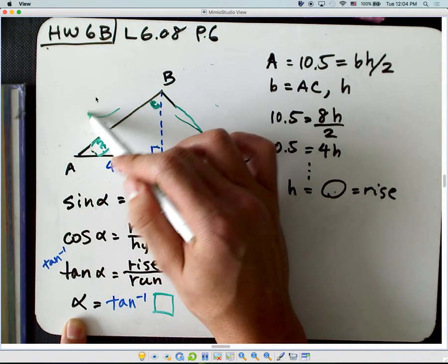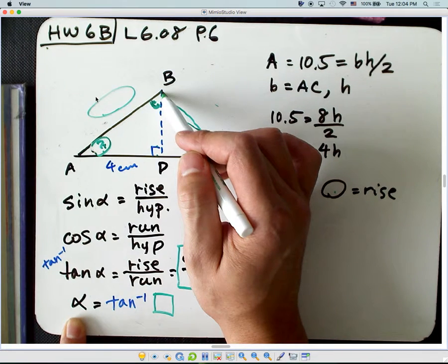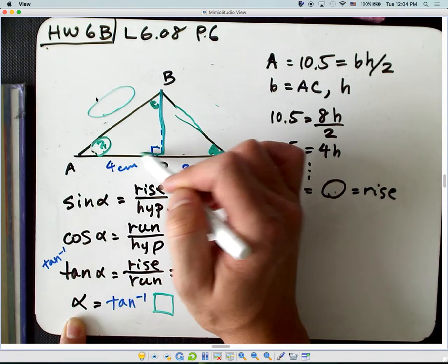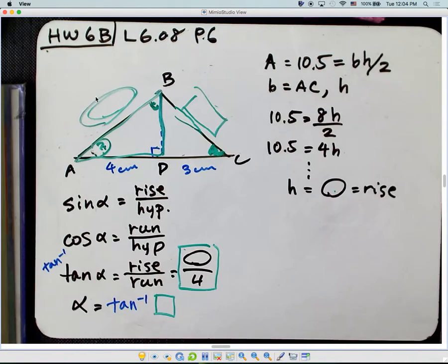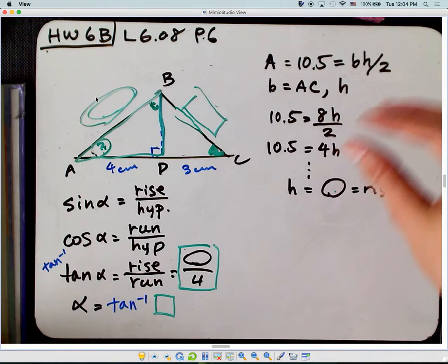In order to find this one, AB, it's pretty easy, right? Because once you find this one, you can use the Pythagorean theorem to find this one. Do the same thing to find this one too. So let's move on to lesson